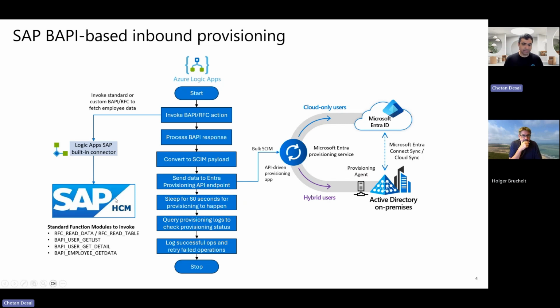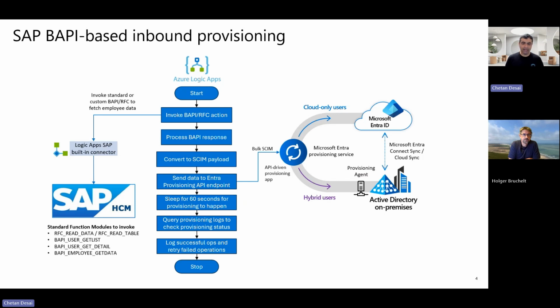On the SAP HCM side, in order to use the BAPI calls, the good thing is Microsoft Logic Apps already has a built-in connector that supports querying SAP function modules, invoking them, and getting all that data. So what we recommend in this case is providing permissions to the specific function modules in SAP that you want access to.